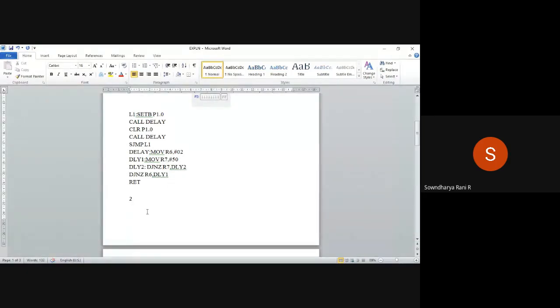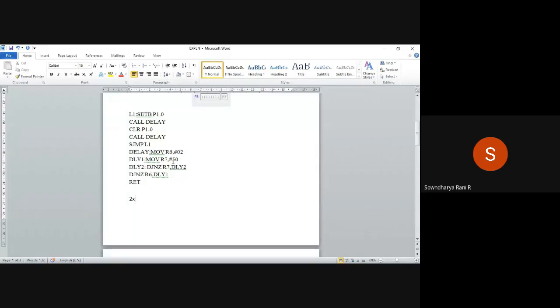You have to multiply this with the contents of R7, because for one decrement of R6, R7 will decrement from 50 to 0, right? So for each decrement of R6, R7 will decrement from 50 to 0.